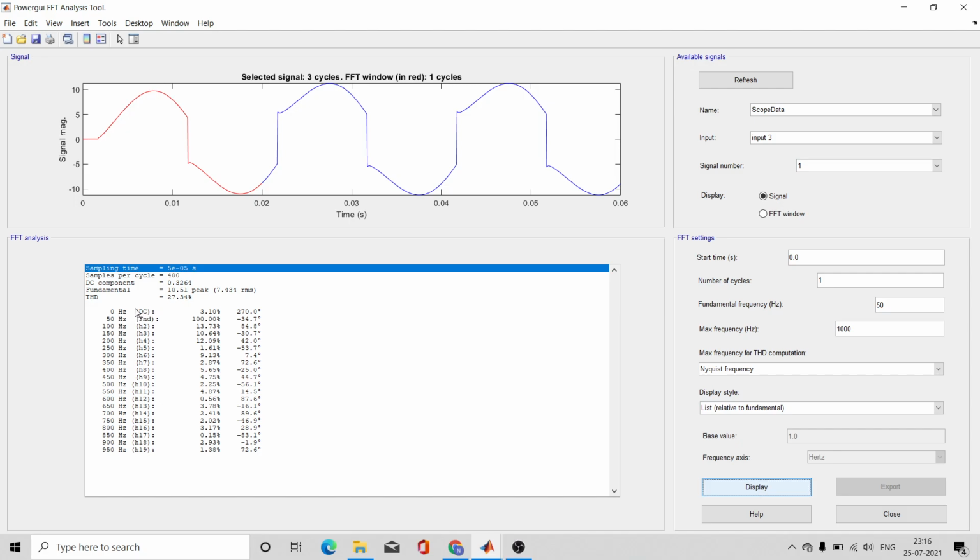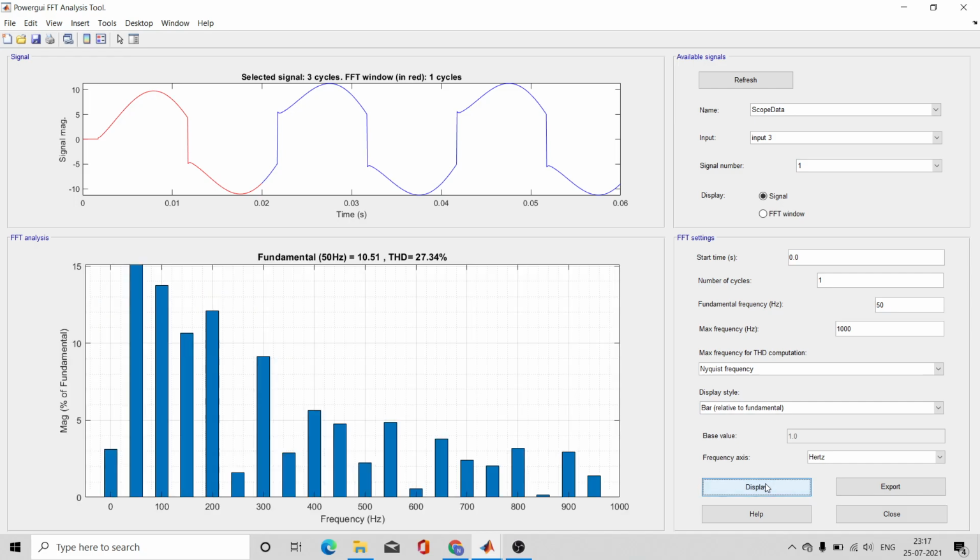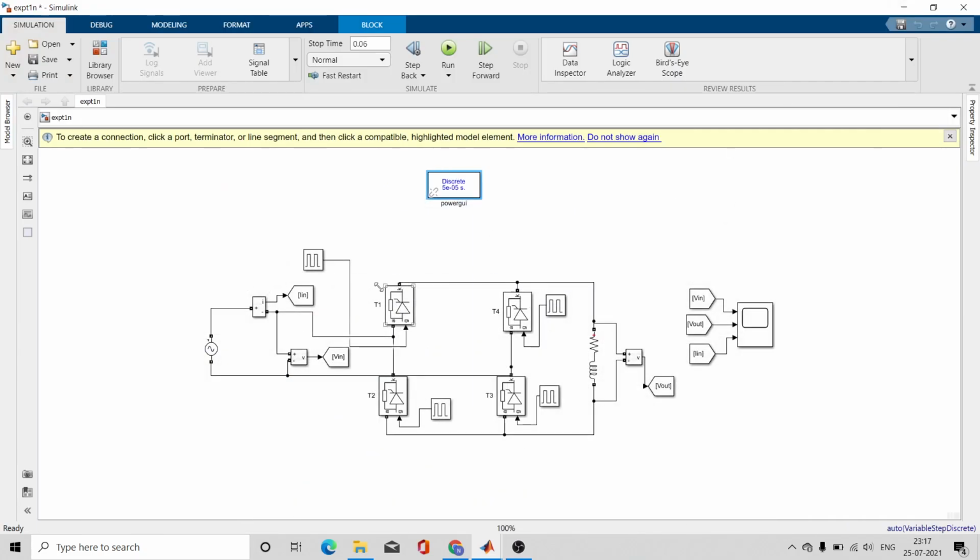The input current also has a DC component in it, and you can even check its percentage over here. So this is very easy. Yes, this is how you can see the harmonic content in your input current. Mainly we are concerned with the harmonics in current, but you can use FFT analysis anywhere you want to check the harmonics.